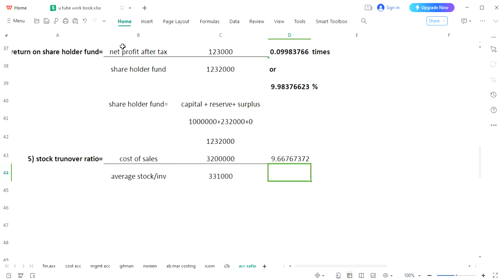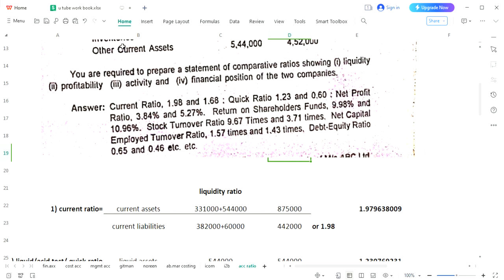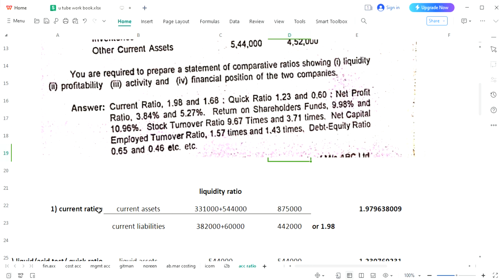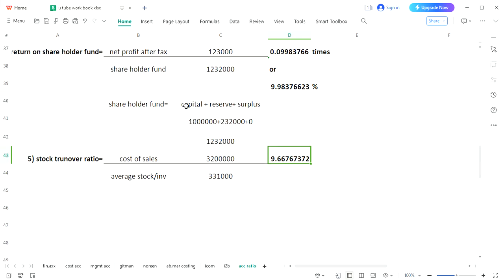So we have got 9.67 may be written. So this is your answer of stock turnover, and here you can see stock turnover is 9.67 and our answer is 9.667, or it may be written 9.67. So 5 formulas are completed. Now we are going to see our activity position, where we have already calculated stock turnover, and now we will see the next formula, which is number 6,